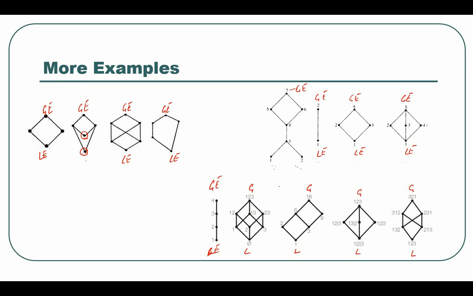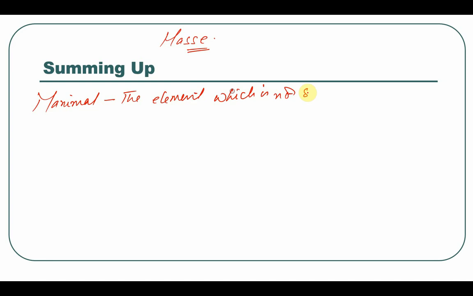I suggest you find out examples of hash diagrams and try to identify the maximal, minimal, greatest and least elements out of them. To sum up, a hash diagram is a representation of the partially ordered set, right? And the properties of the hash diagram that we have talked about today are, we can identify a maximal element, which is the element which is not succeeded by any other element. Similarly, I can define a minimal element